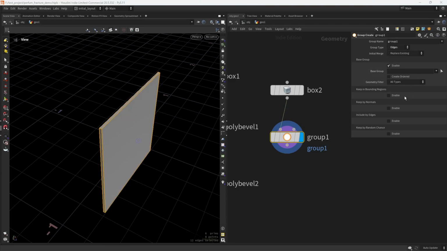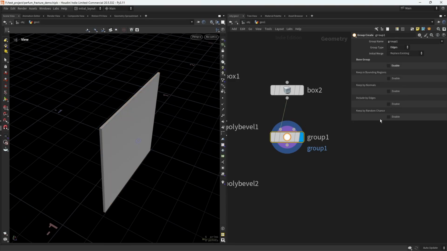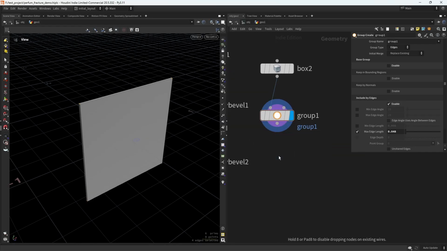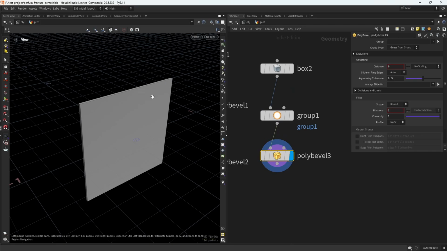So let's go for edges and disable the base group, and here in the edge length we can introduce a small value, in this case in the max. So let's see, this will work. Now we can bevel it by about 0.03, and select those edges and introduce some subdivisions. Now we will bevel it again,